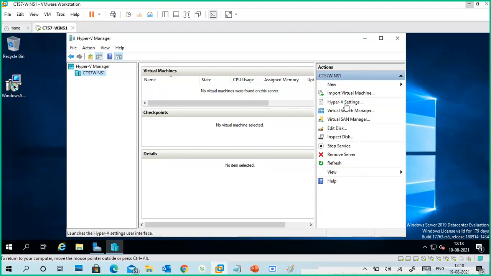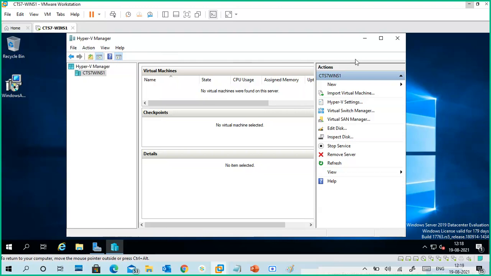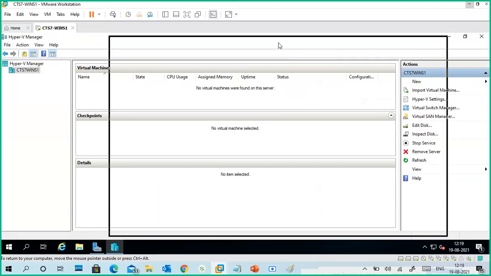That I will explain later. Then Hyper-V Settings, Virtual Switch Manager, SAN Manager, Edit Disk, Inspect Disk, Stop Service, Remove Server, and Refresh. So these options are there. We can see running virtual machines here, check the virtual machine checkpoints here, and details. Add or remove columns, same options are there. Nothing is here. Okay, so this is your Hyper-V.